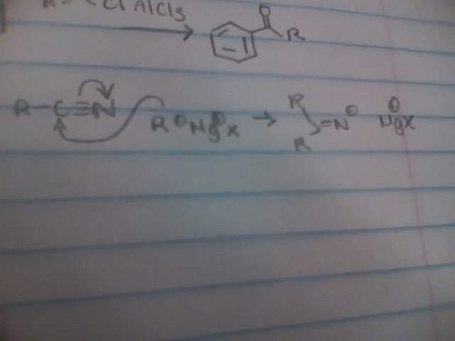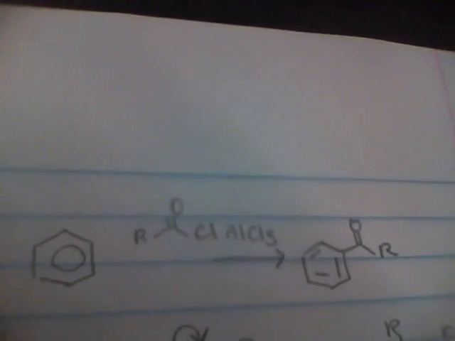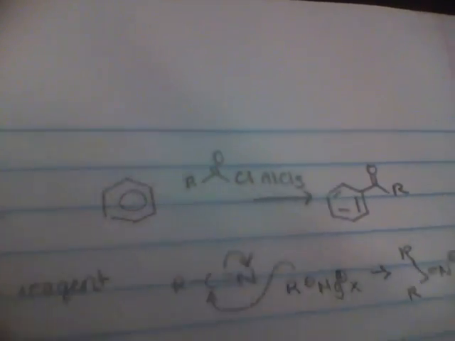And now, if you treat this material with dilute acid, what happens is that the C double bond N is replaced by C double bond O. And the way that that happens is presumably that the initial species is protonated on nitrogen, and then it's protonated on nitrogen again, and then water